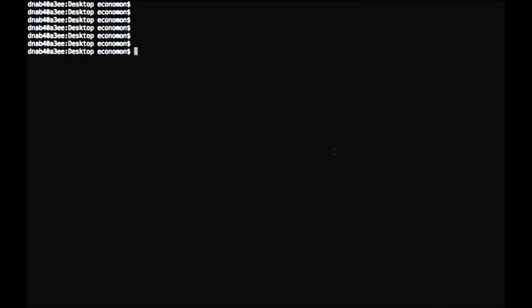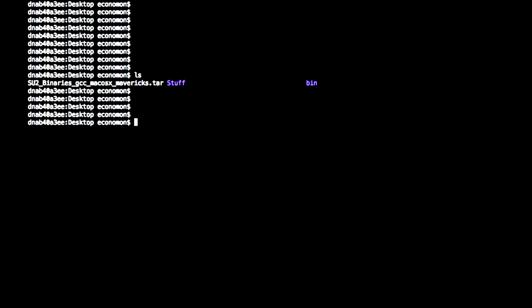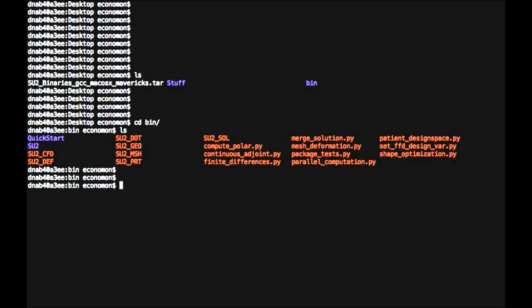And if I go to a terminal, I want to just run this quick start tutorial. Again, you'll need a terminal for this, so luckily on Mac this comes built in. You're just going to pop that terminal open. On my desktop, I have those files. I've actually already decompressed this using the tar utility. If I go into bin, you're going to find our precompiled executables along with the Python scripts that we ship with the code. So inside this bin directory, you can go into the quick start,